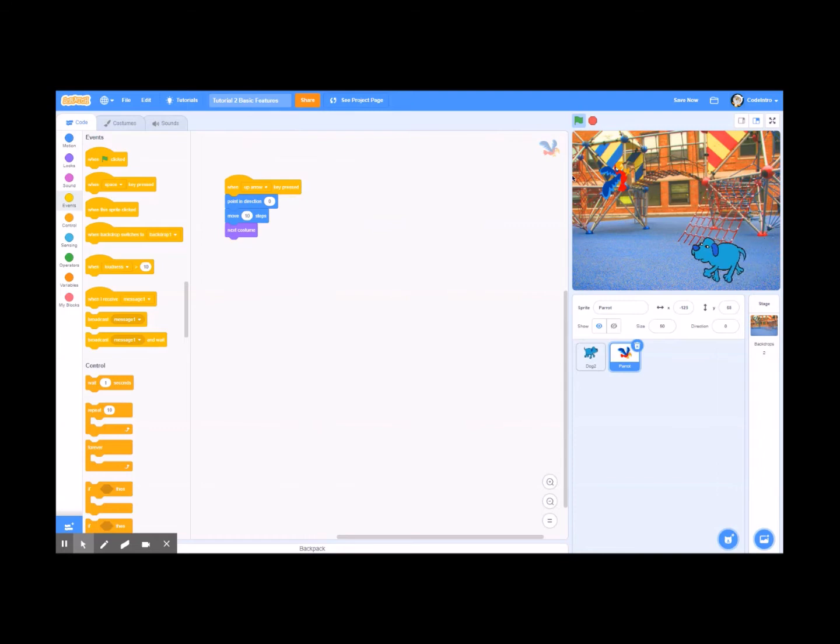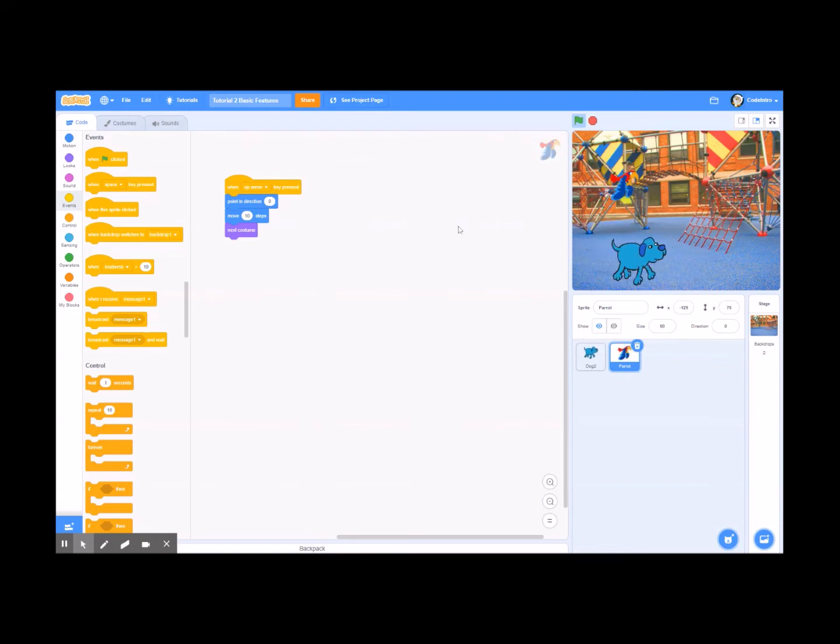Notice he's kind of angled in a funny way. Birds don't necessarily fly like that. I suppose they can, but it looks funny. So let's change his direction. Click on this button right here, and let's say, Mr. Parrot, only look left, right. Okay. Now, if I press the up button,